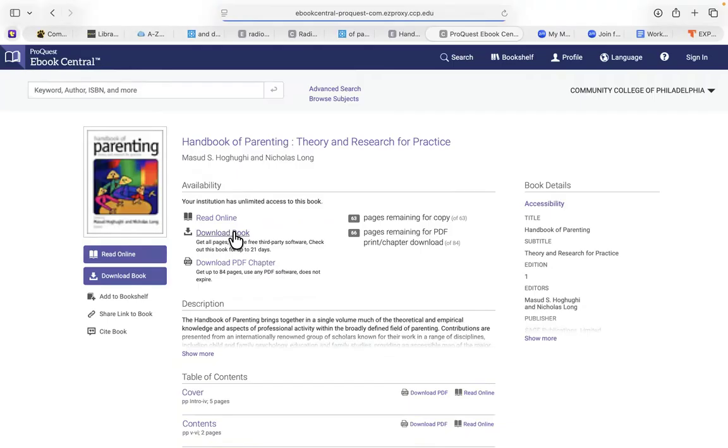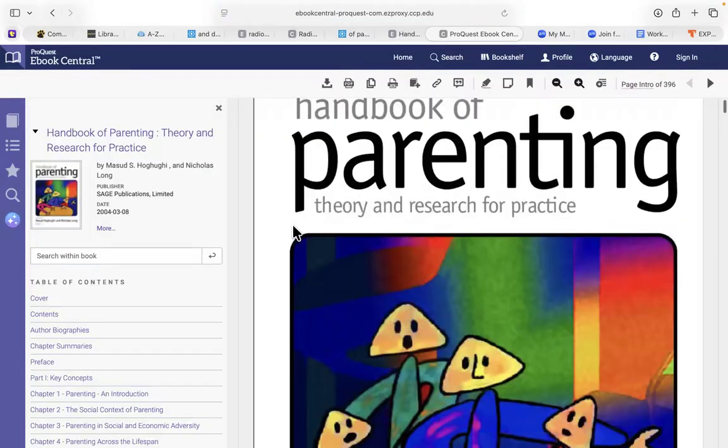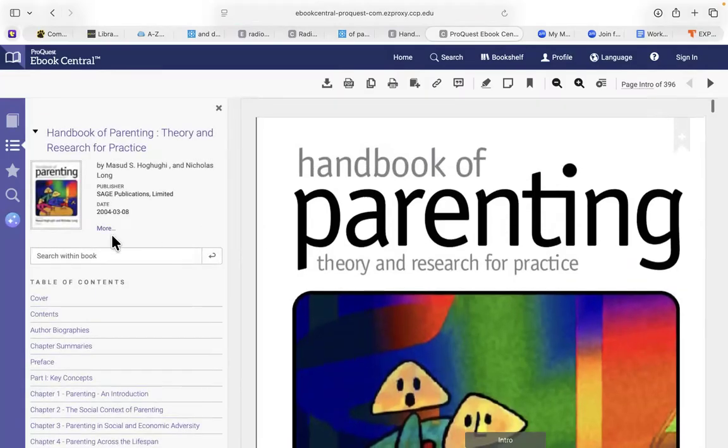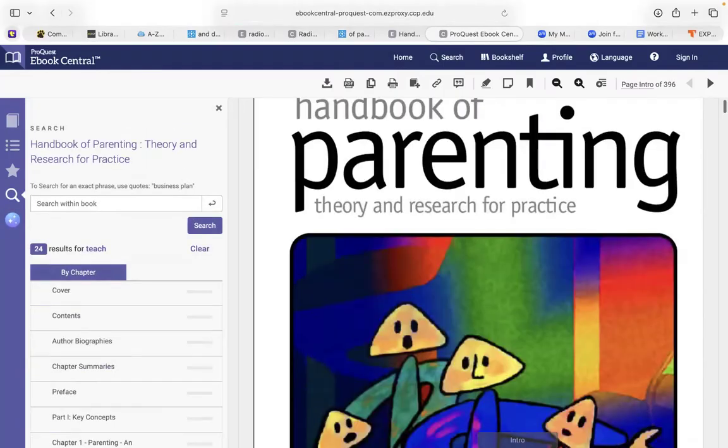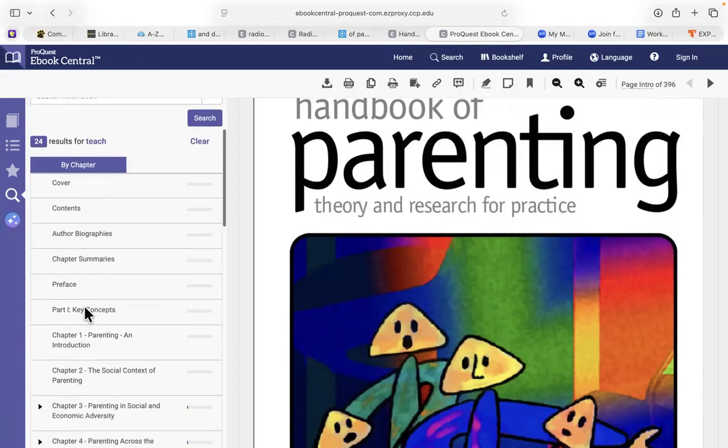We can download this book. I'm gonna read it online because I don't want to take up space on my computer. Here's the table of contents. We can look in this book for the word teach, and it's gonna show us